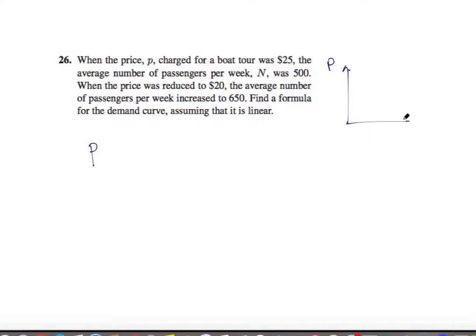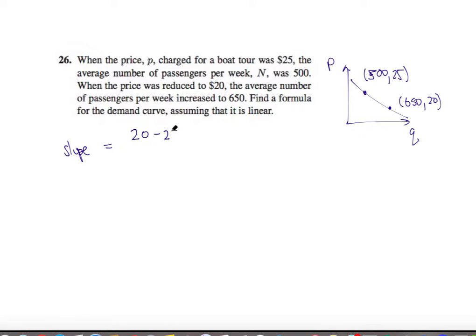Demand on a PQ plot would look something like this. And so we want to look at the slope between two different points. The first point we had was a higher price and a lower number, so we'll say it is 500, 25. And our second point, which was a lower price but a higher number, would be 650, 20. So the slope of our PQ, or our demand curve, if it's linear, is going to be